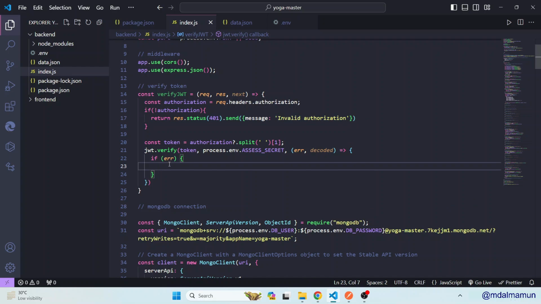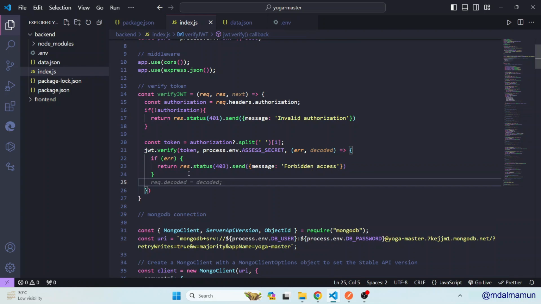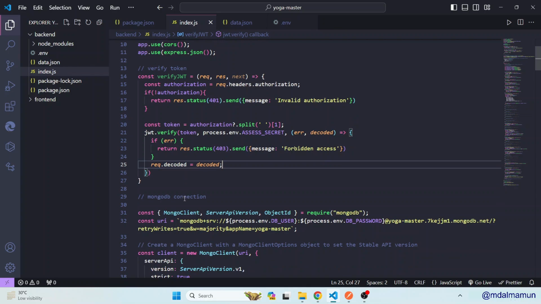Similar status is here. The code will be 403, and here we'll define forbidden access. If the token is expired or something like that, we can just define forbidden access. I'm just showing you the thing, wait a minute, and then otherwise we'll decode it, and finally